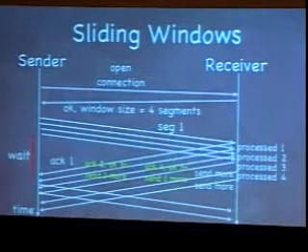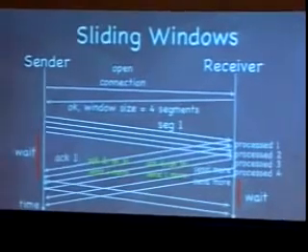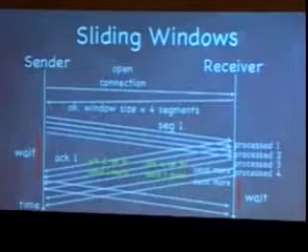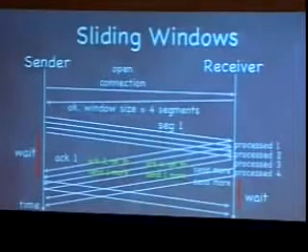But there still are periods where the network is idle, where the sender and receiver are not transmitting data. So we haven't done quite as good a job as we would like. And the reason we haven't done quite as good a job as we would like is that the sender,